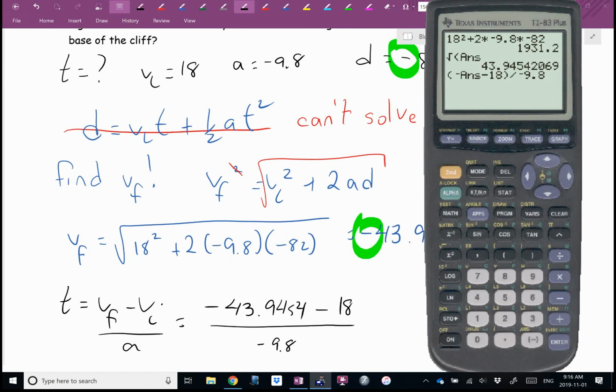This is why way back when, Emily, I said to you, if you know 3 things, you know 4. Actually, if you know 3 things, you technically can find all 5. This is one of the times where you have to find something in order to find something. I would probably make this worth 3 or 4 marks on a test as a hint. That would be your clue. But also, when you wrote d equals VIT plus a half AT squared and none of the t's canceled, you would realize, I can't solve this, try something else. Y'all get 6.32 seconds? Ta-da.